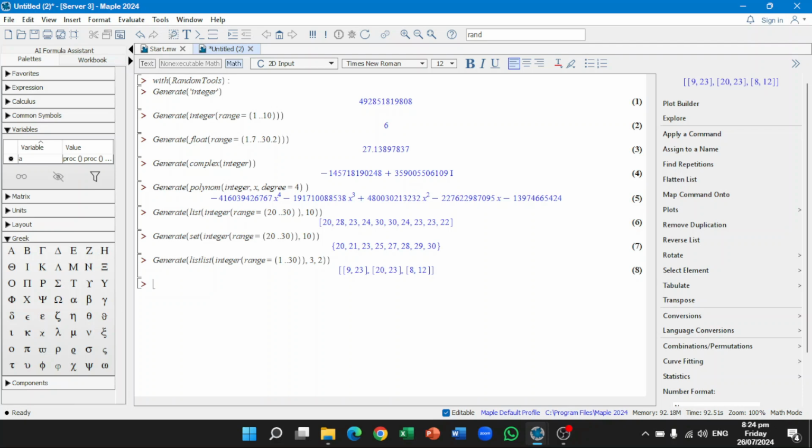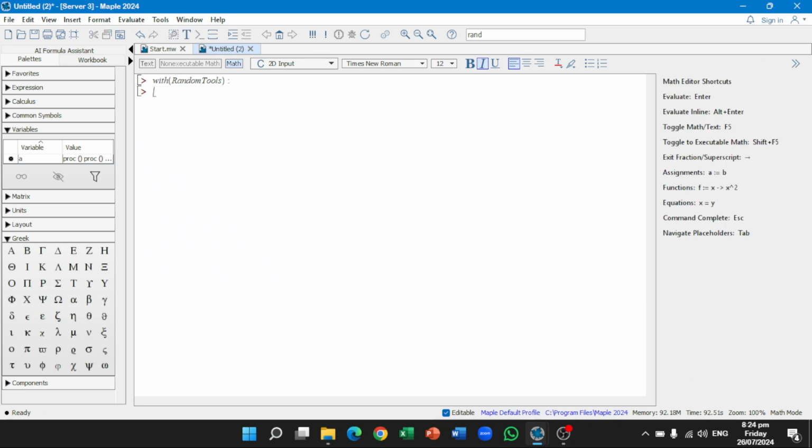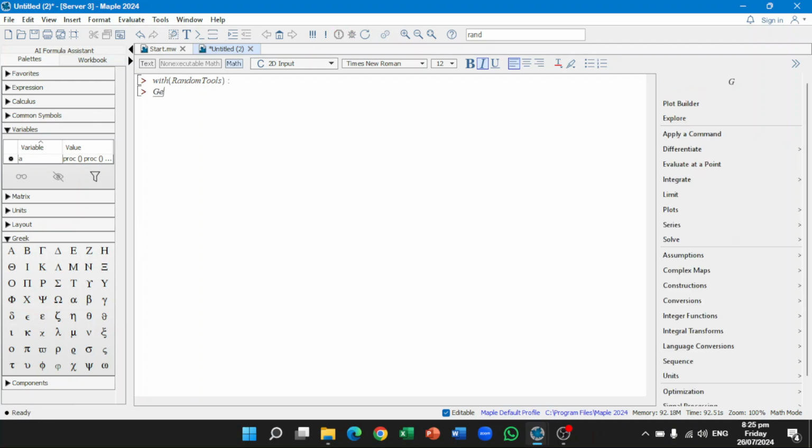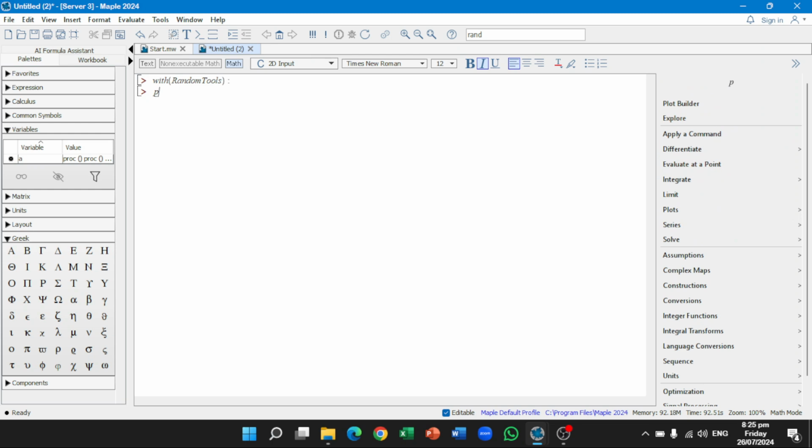Now we are moving on to our last and the most important topic. We sometimes need to generate a specific type of random number again and again. For that we can use for loops or while loops, but that is time consuming. The best thing this generate function has is the make proc command. How will this make our life easier? Let's see. I type generate. I will assign this to a variable, for instance, p equals generate.